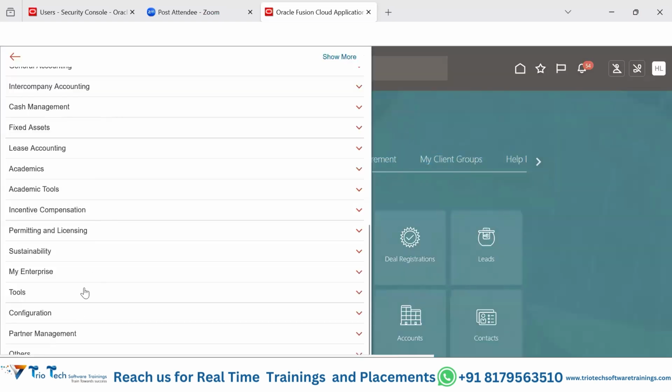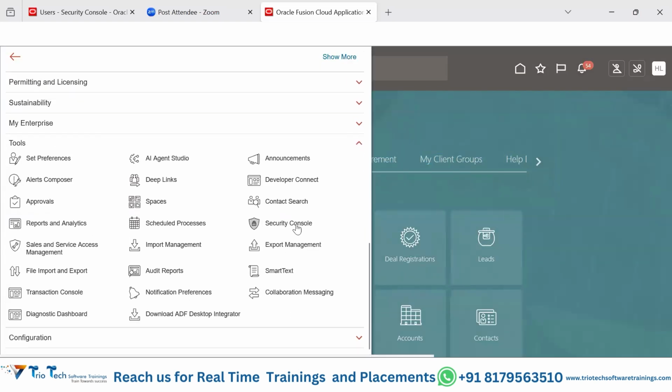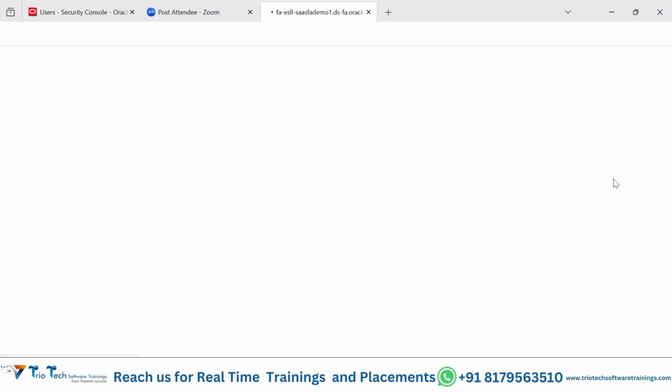Now we can go to this navigator. Under that navigator we have something called tools. Under tools we have something called security console. This security console access is also subject to roles, right? My user account has access to this, but later on I'll be telling you based on what role you'll be able to get access to this security console. So click on security console,